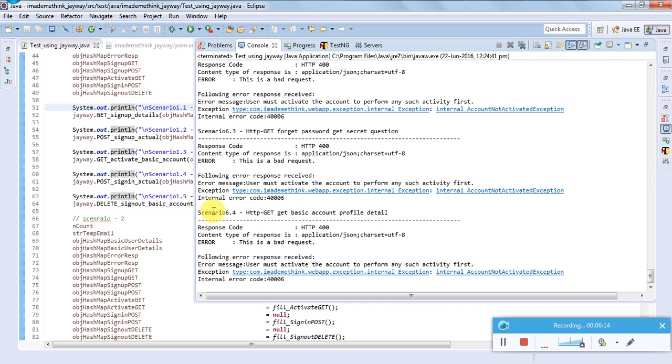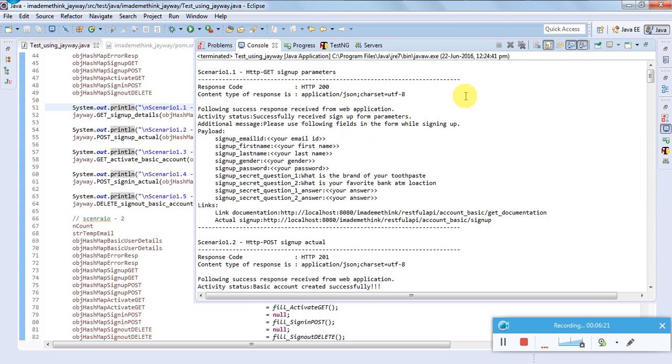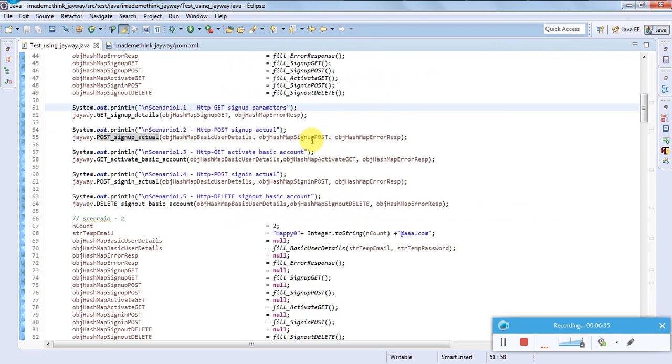All 6 scenarios were tested within I think 30 seconds. That is the advantage of automation testing using programming, we can execute it in very less time. Now you see scenario 1.1.